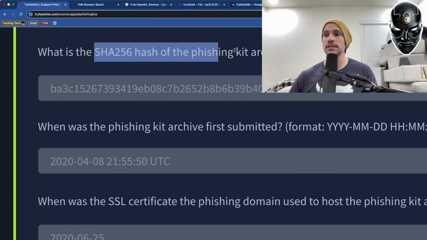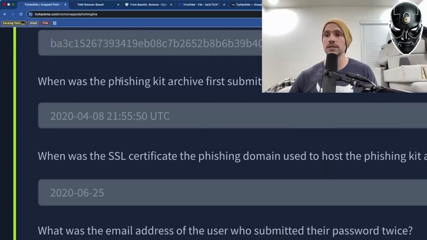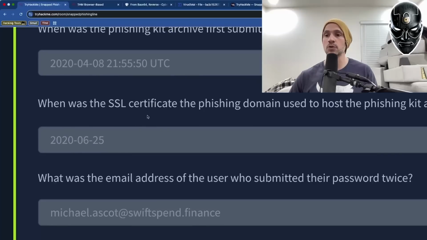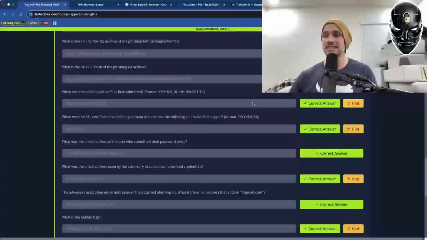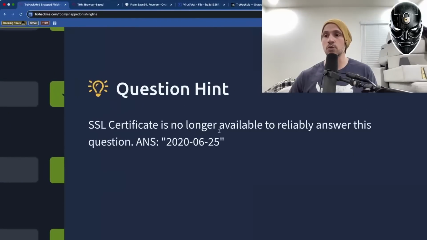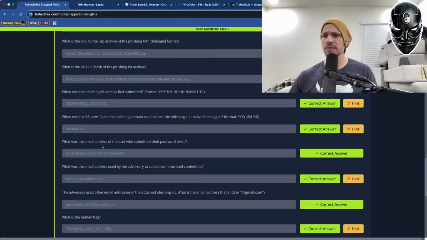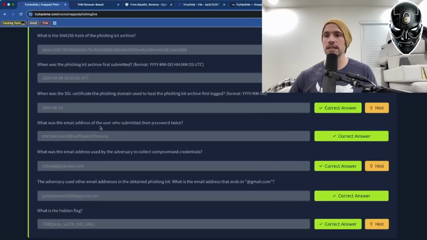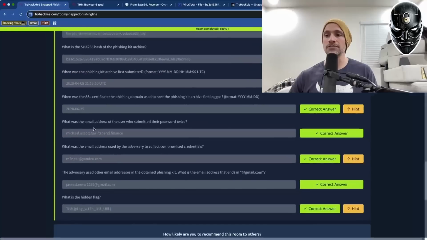We found the SHA-256 hash value of the phishing kit archive. When it was submitted, we got this from VirusTotal. The SSL certificate didn't exist anymore, so they actually just gave us that answer inside of this question hint that we had. And then the email address of the user who submitted their first password was available when we visited that domain and looked at the update log itself that was on that